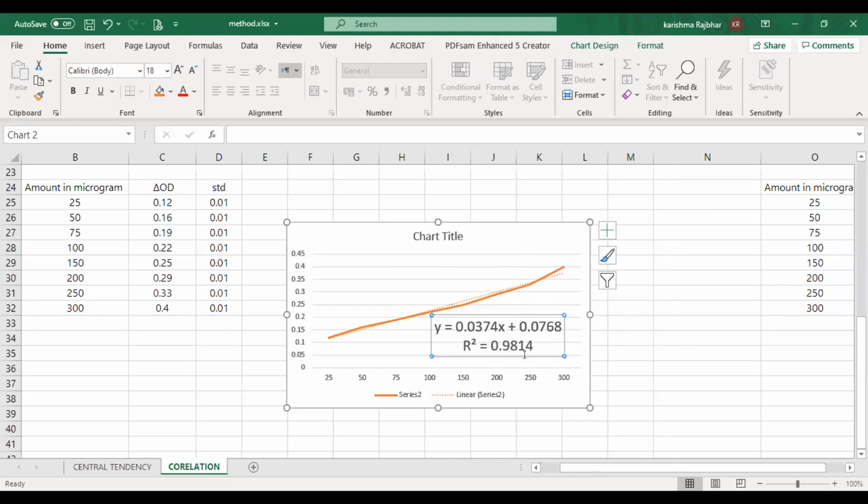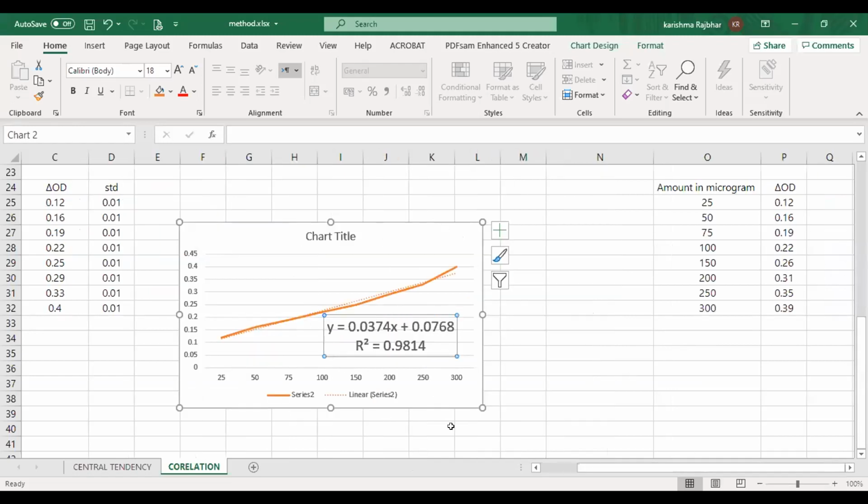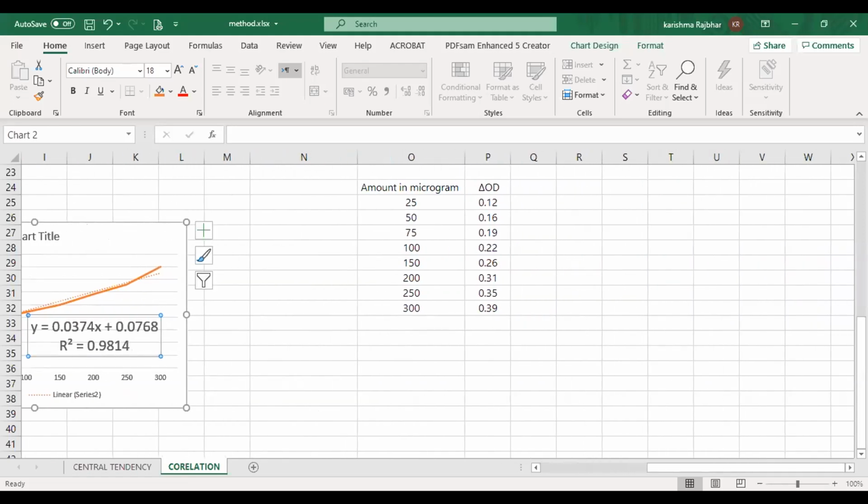Now, one example for you, like how to select which data is more dependable. This is a test where you are getting an R square of 0.98 and this is a slope. Now, this same experiment was done again and another set of data was seen.